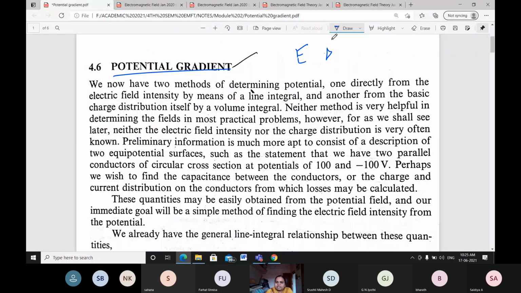But in many cases, the electric field intensity need not be a constant. Based on different lengths, the potential may vary, and based on that, our electric field intensity is going to vary. For such applications, whatever we took previously is not going to hold good. For that reason, to overcome that, we are going to